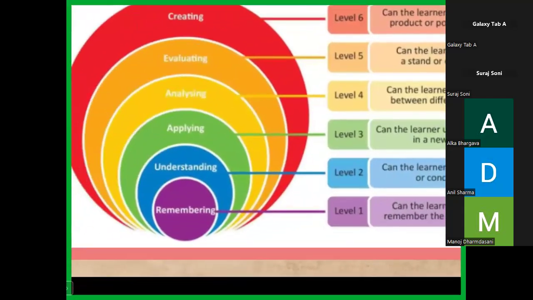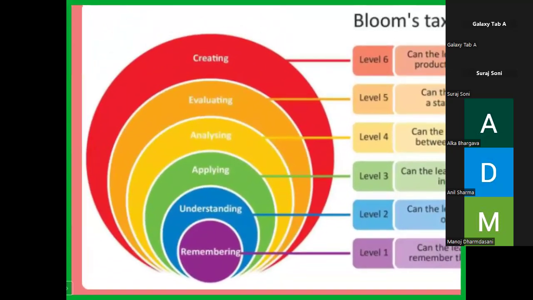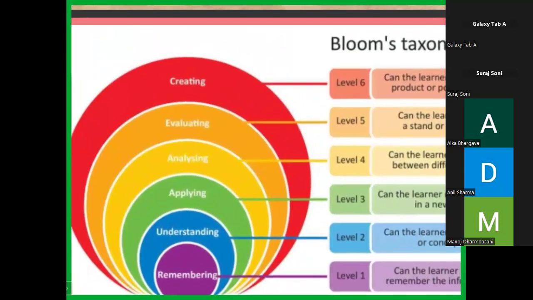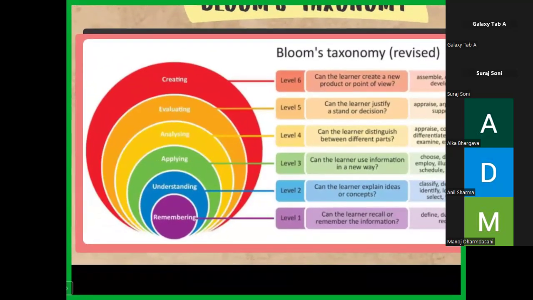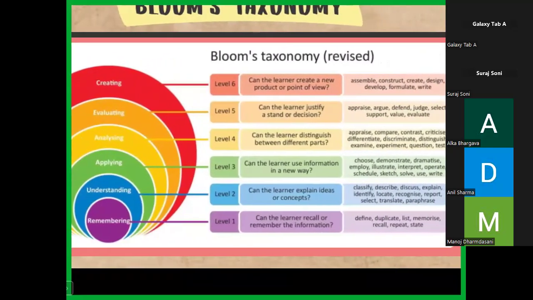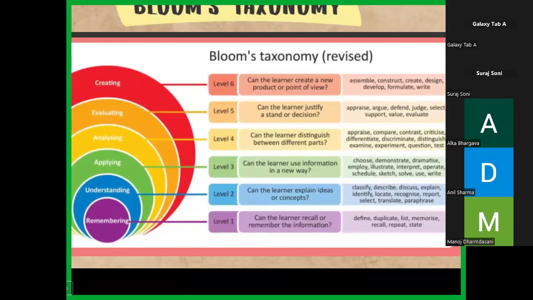Now, to develop these competency based questions, important aspect for us is Bloom's taxonomy. Now, this is revised Bloom's taxonomy. CBSE has been trying to focus only on first 3, to some extent to level 4 as well, creating and evaluating. For the time being, CBSE is a bit apprehensive about the usage of this, though. You may find a few questions like where you have to support your argument. For example, in this year's sample question paper that the CBSE has released, there's a question where they are asking that,